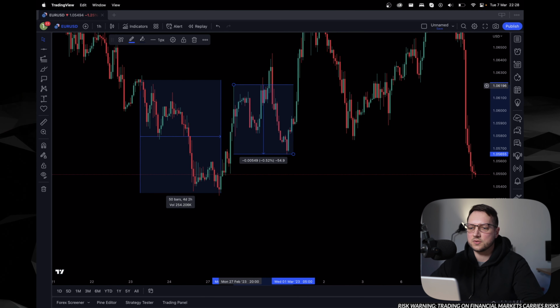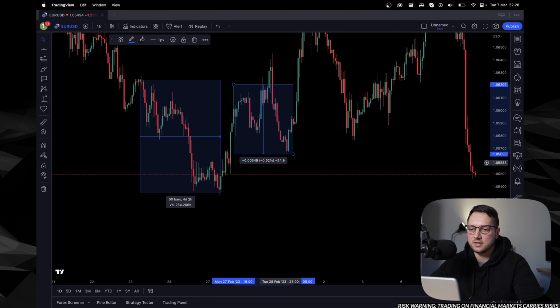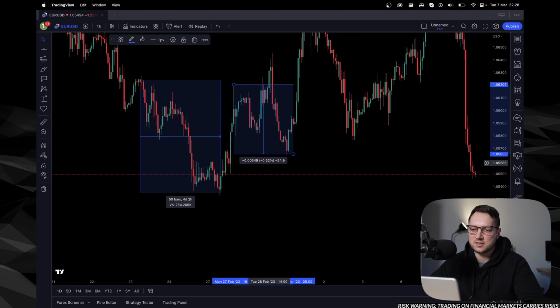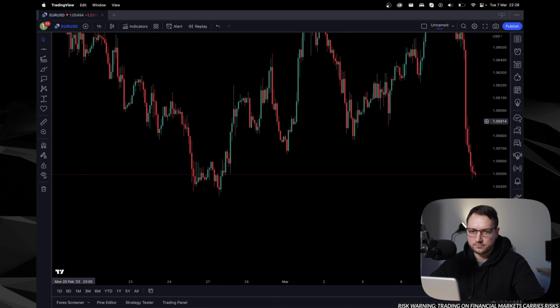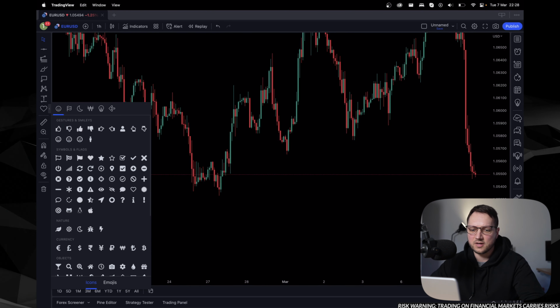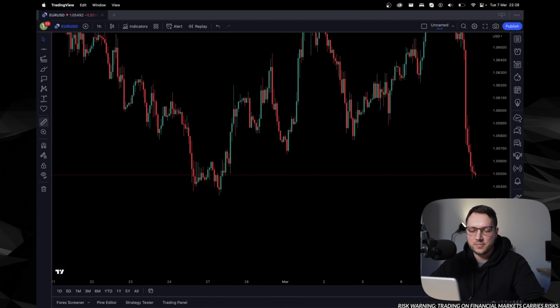So here it measures the distance between the upper boundary and the lower boundary and shows you the price movement in pips and in a percentage points. So if you go further, we have the icons. Basically these are some small tools that you can add to your